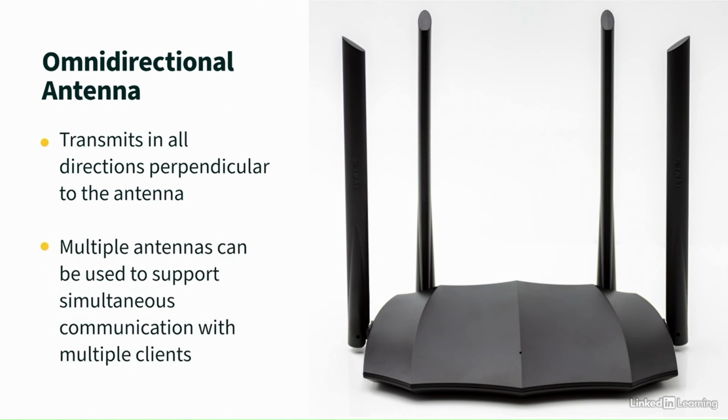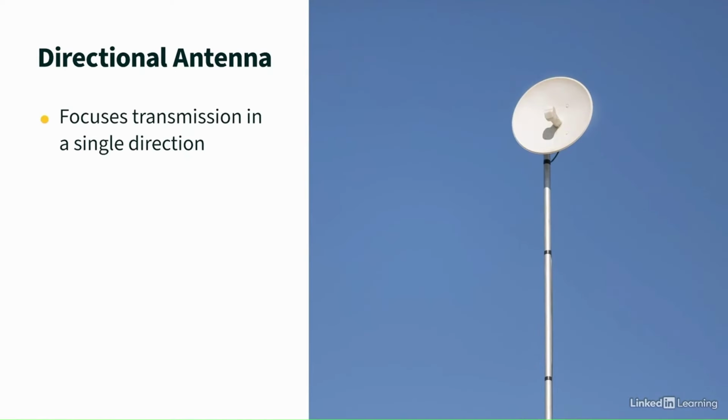Also notice that we have multiple antennas. This lets us simultaneously communicate with multiple clients using a technology called MU-MIMO, which stands for multiple user, multiple input, multiple output. There are times, though, when we don't want our signal to go in every direction. If we don't want our signal to go in all directions, we can focus our signal strength in a specific direction. A common use for this is when we have a couple of buildings